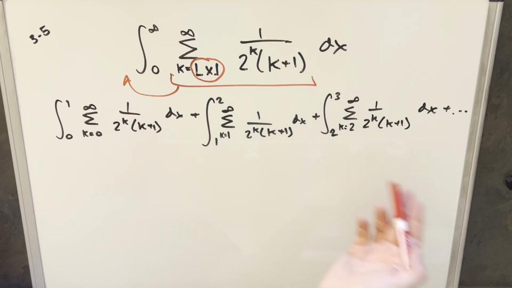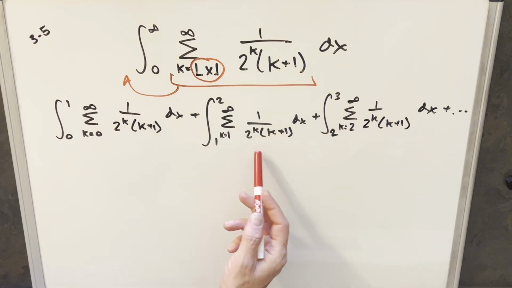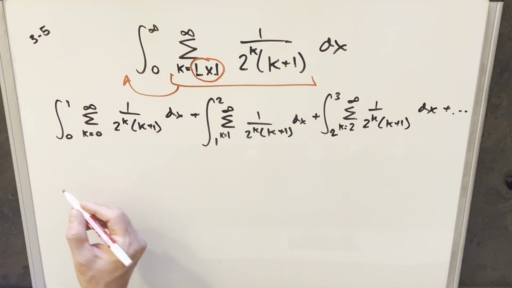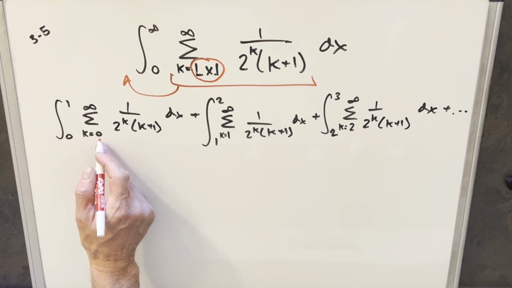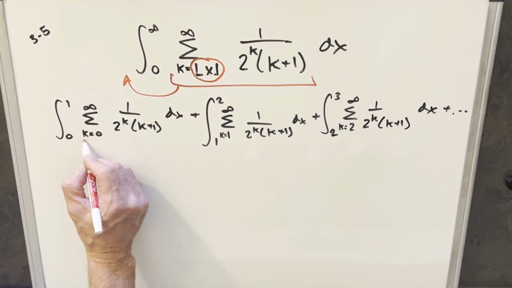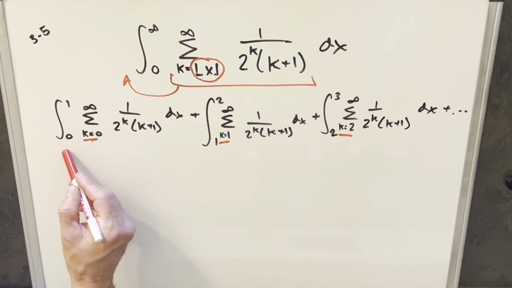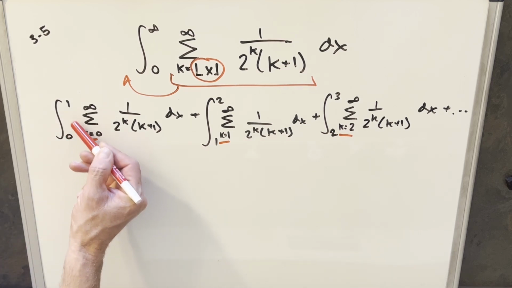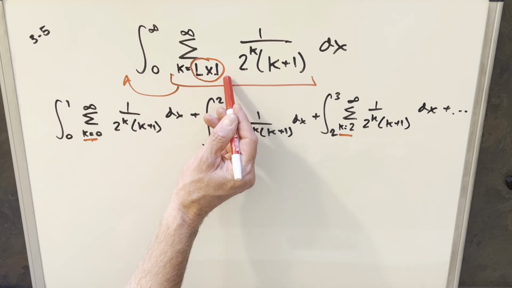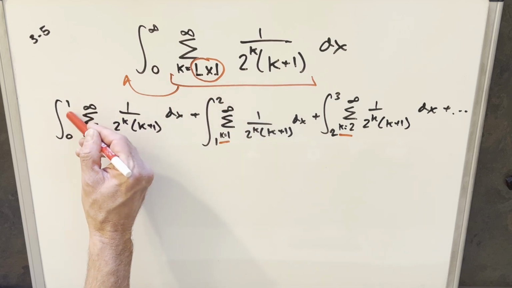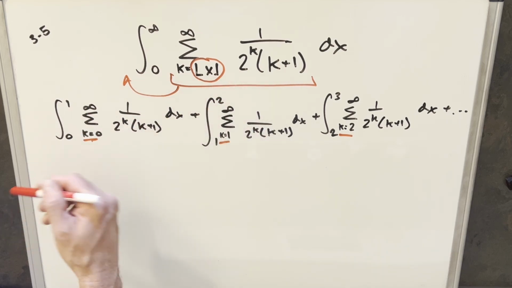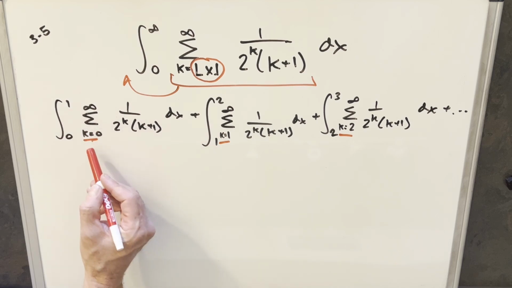Okay, so instead of writing this out all the way to infinity, I've written just 3 integrals so that we can get a feel for it. And what you'll see here is, within these sums, I've updated the lower limit to a constant value now. The way I did that is, in our first integral, if our bounds are from 0 to 1, and we use the floor on that, so our x value is 0 to 1, the floor is going to take us down to 0 for everything in this region,